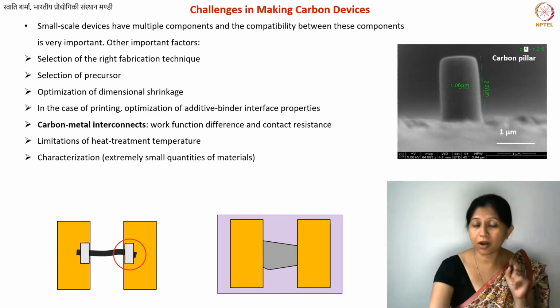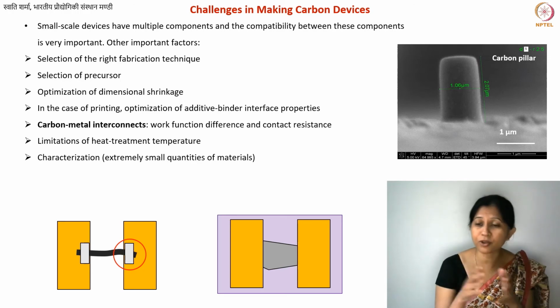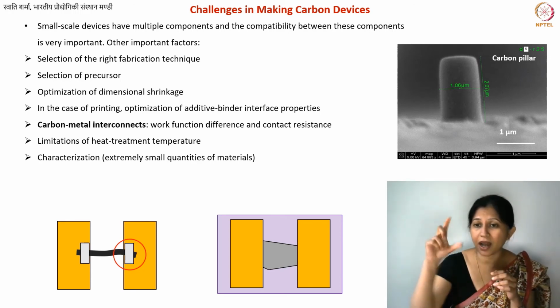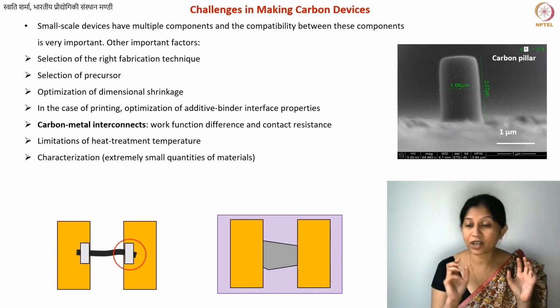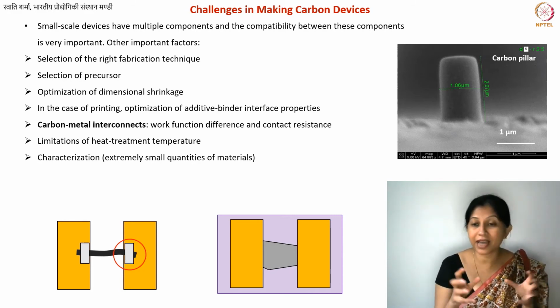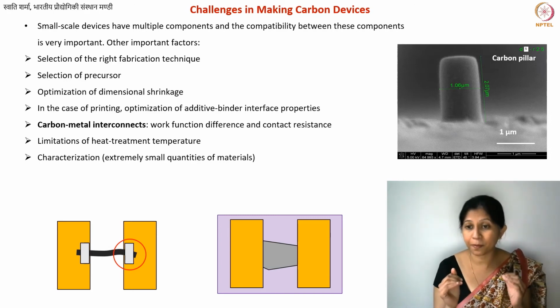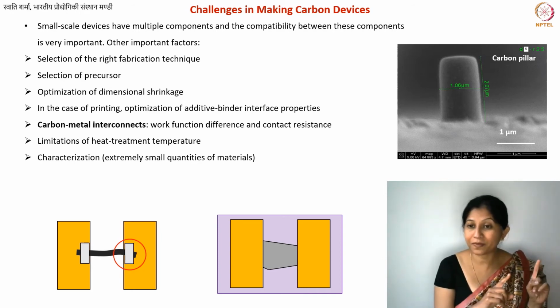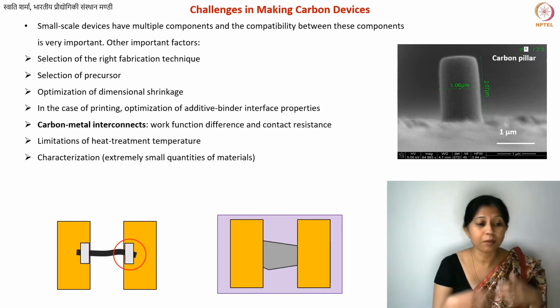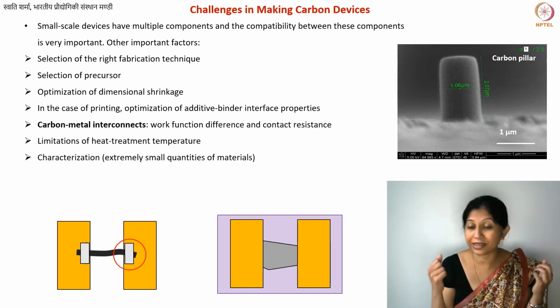And the problem is also that, here I have shown one carbon pillar, which is 2 micrometer in height and 1 micrometer in diameter. When you have a structure of that dimension, that means it has a very high surface to volume ratio. That means it will carbonize fast. And maybe at lower temperatures, it has more crystallinity than your bulk material will have, because the pores can release easily, because the defects can anneal out easily.